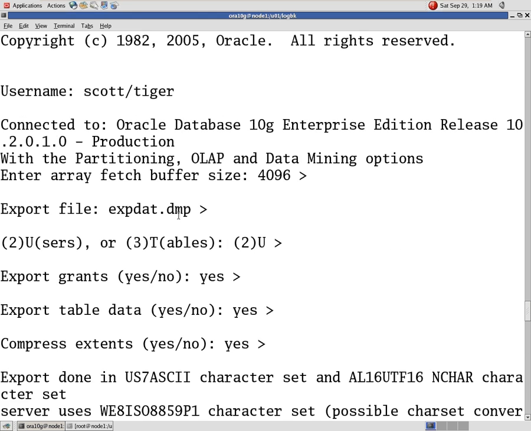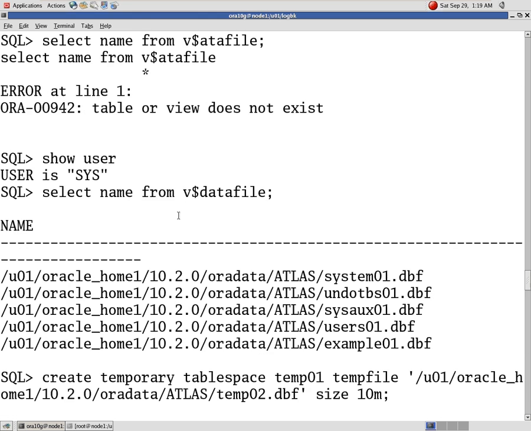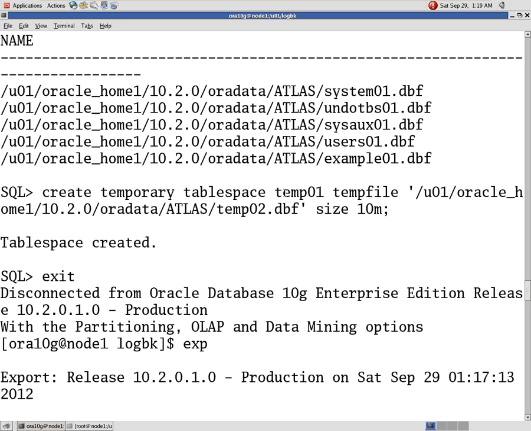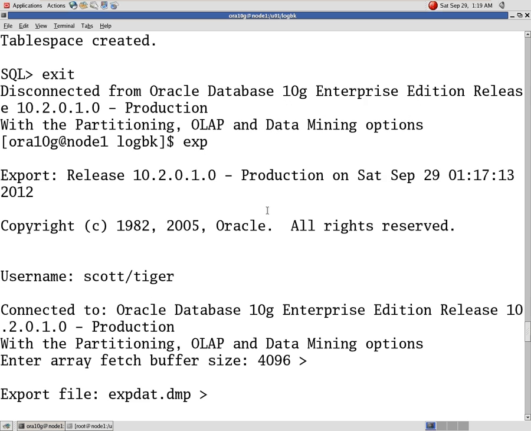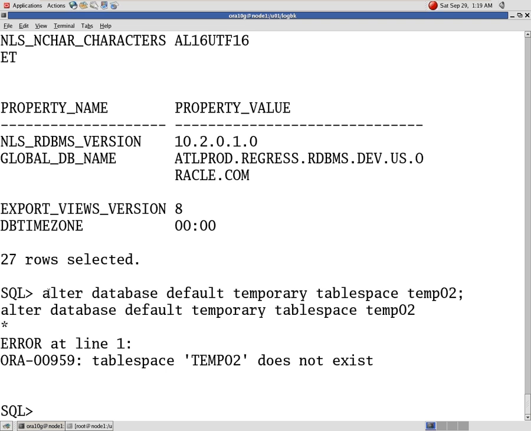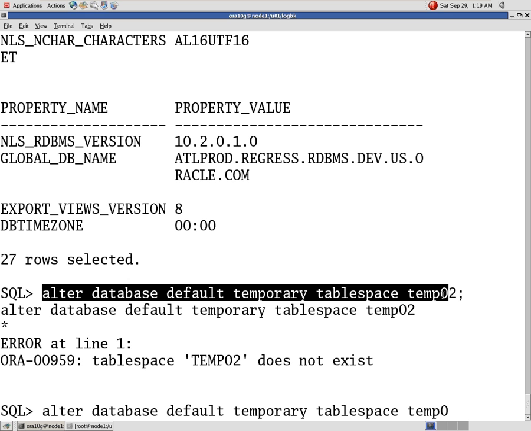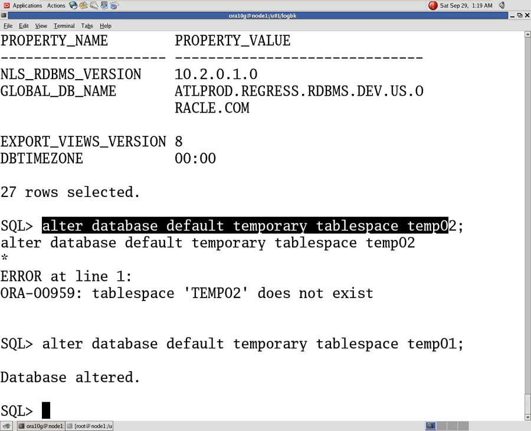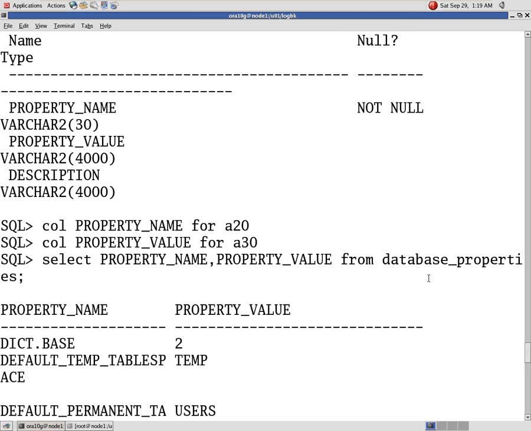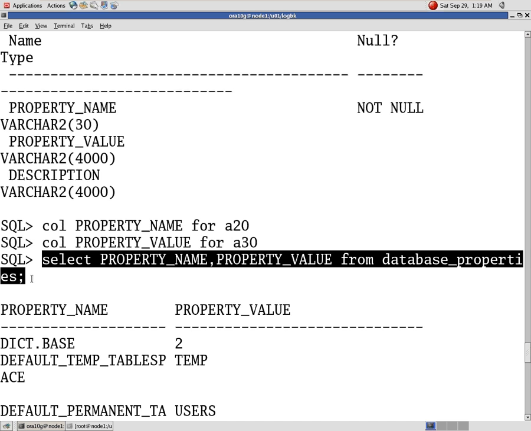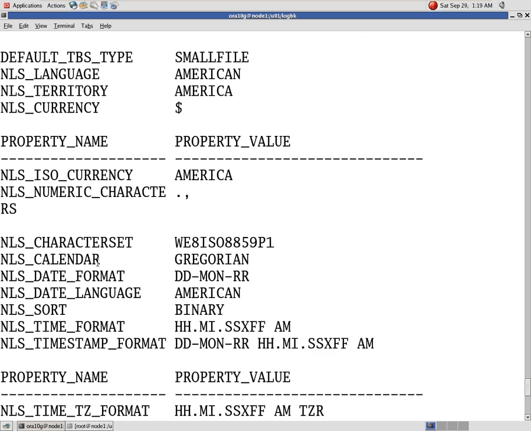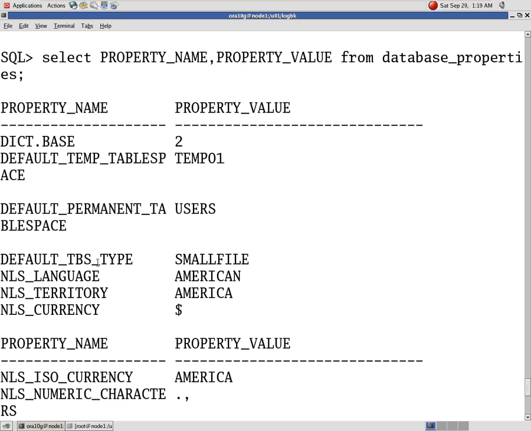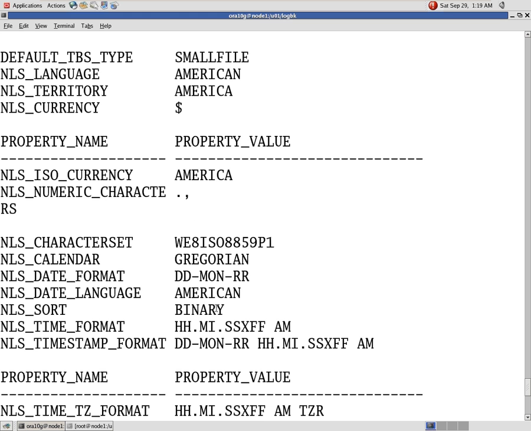What's the table space name we created here? 01, no? The file name is 02. Fine, temp01. Now alter database with temp01. Now check once again what the default properties for your database are. Now my default property for my database is temp01.